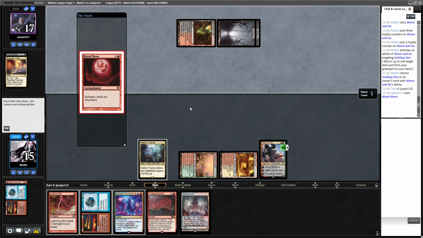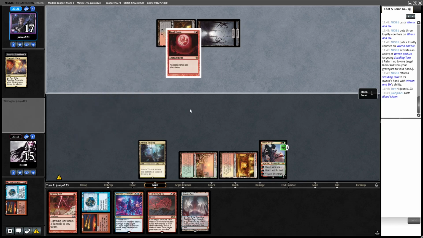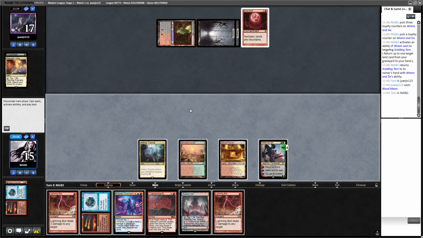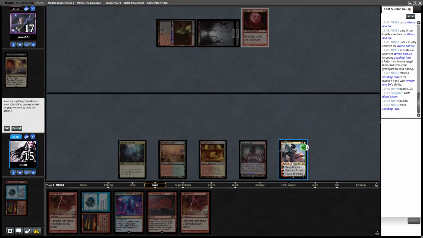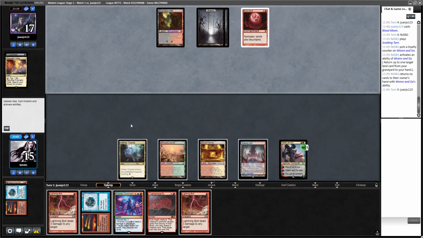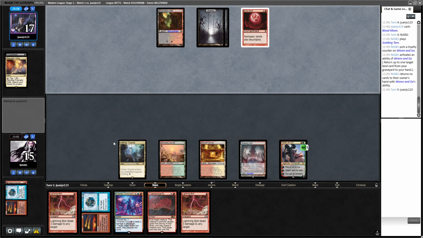Yeah, Blood Moon's pretty good. Yeah, that's pretty good. So we're going to want to draw... Okay, so possibly maybe we should have expected that, given that they took the Fable. Maybe we shouldn't have played the Ren and 6. We've got a lot of red cards. If we need to find another...